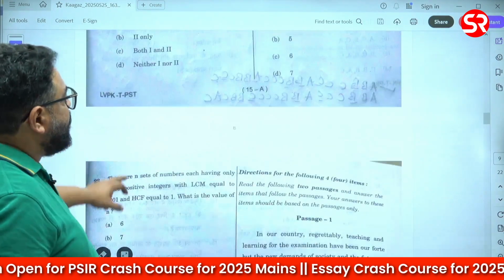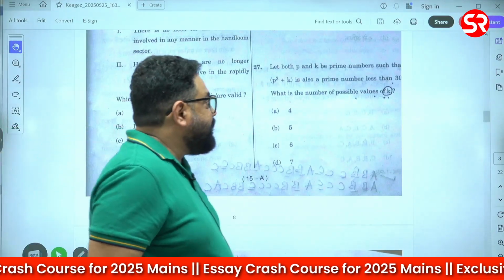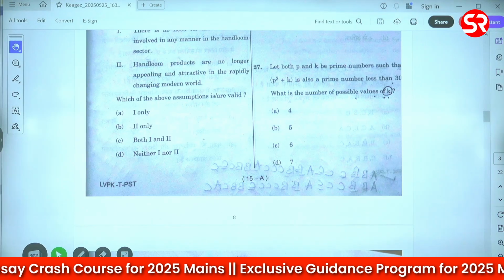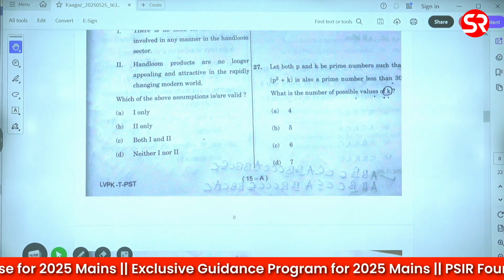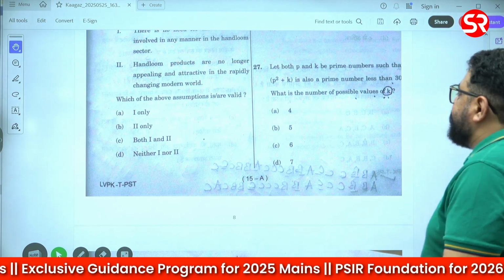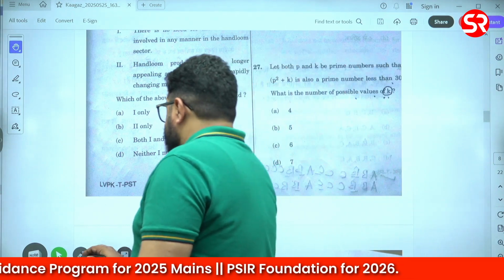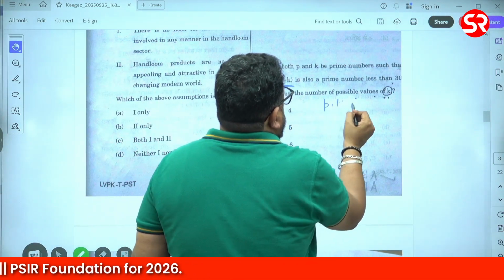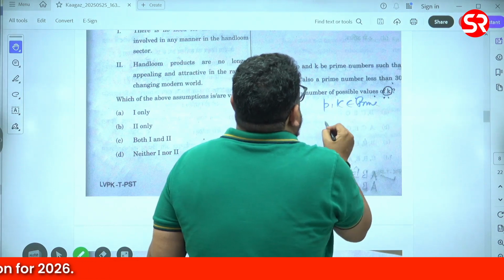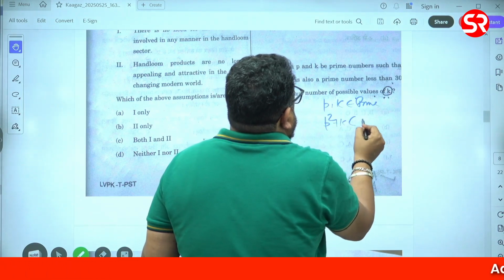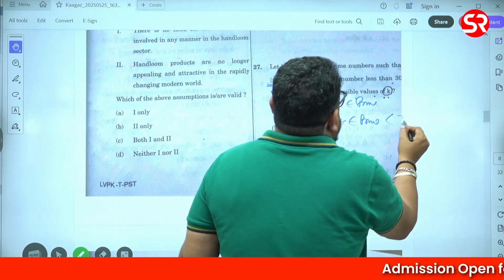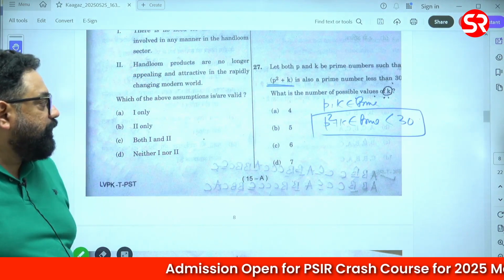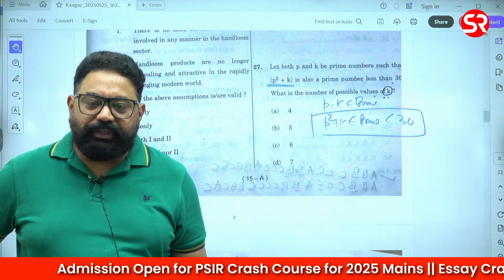Next 28, again this is a question, I think most of you got confused with these questions actually, काफी लोग तो इसी में confused. Let both P and K be prime numbers such that P square plus K is also a prime number, P और K भी prime है, and P square plus K is also prime and is less than 30. What is the number of possible values of K? K का कितना values होगा, हाँ,